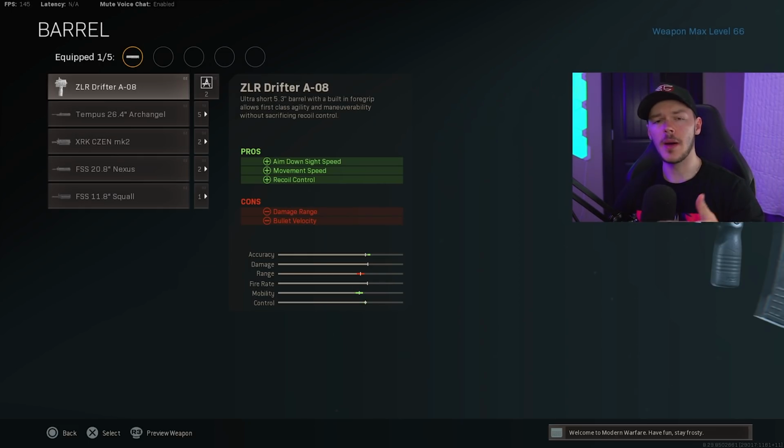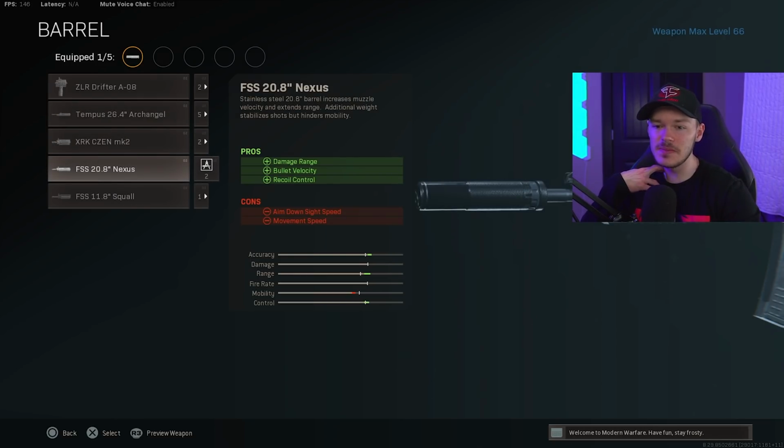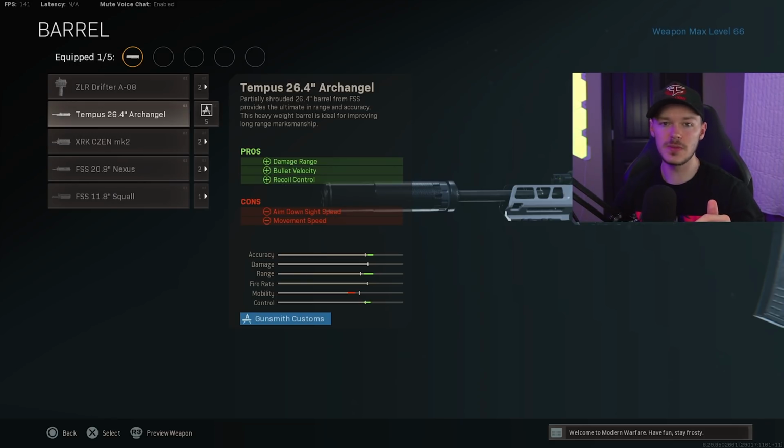For the barrels, we have a couple of different barrels that we have the option of using, but there's really only about one, I should say, or maybe two that are going to be viable options in here. So that's going to be the Tempest 26.4 Archangel and the FSS 20.8 Nexus barrel. I really should say that you only ever want to use the Tempest 26.4 Archangel barrel, especially in multiplayer and in Warzone. I used to use the Nexus barrel all the time in multiplayer, but then the Grau actually had a nerf a little while back,